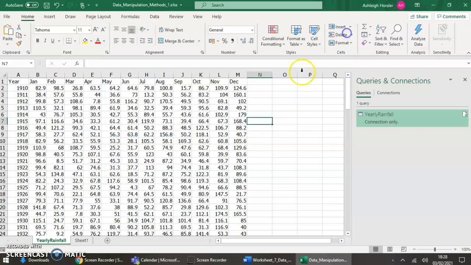So I am going to ask you to pause the video again, but just to run through that again so that it's step by step for you. So you should have the data manipulation open. If you want, you can click in A1, and then you're going to go